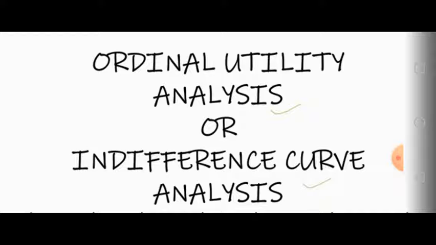In class 11th, we are doing the chapter consumer equilibrium, and under this chapter we have completed the first approach of measuring the consumer equilibrium, that was your cardinal approach. So for measuring the utility, here in class 11th, we are using in microeconomics two approaches, cardinal and ordinal. Cardinal approach has been completed and we have discussed in detail how to measure consumer equilibrium in case of one commodity and two commodities.